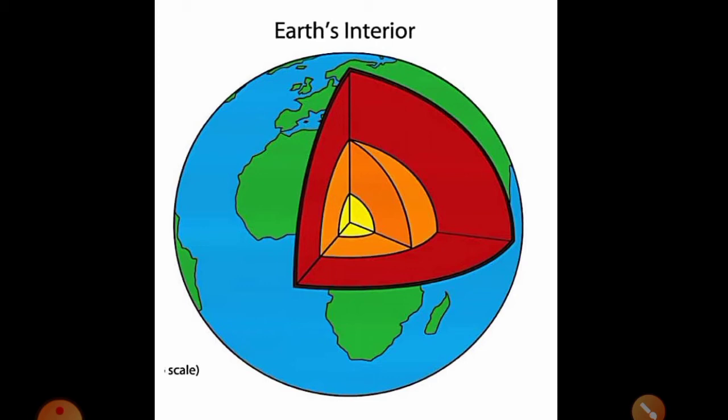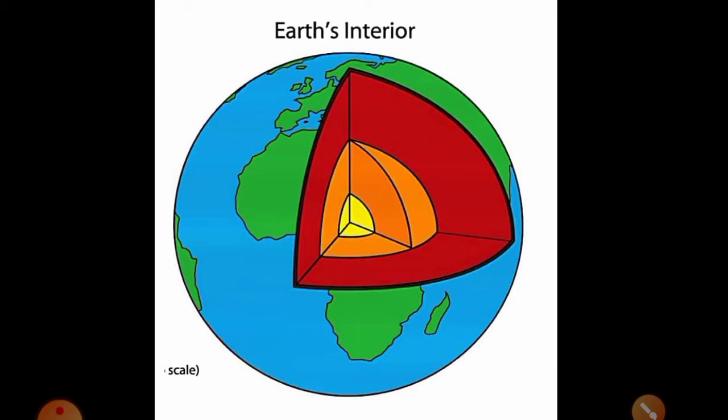Look, the egg itself has 3 layers. The outer layer or the shell, then inside that a white layer. We call it egg white. Then inside the egg white we have the yellow part, the egg yolk. These are the 3 layers of a boiled egg. Like that, the earth structure also has 3 concentric layers.